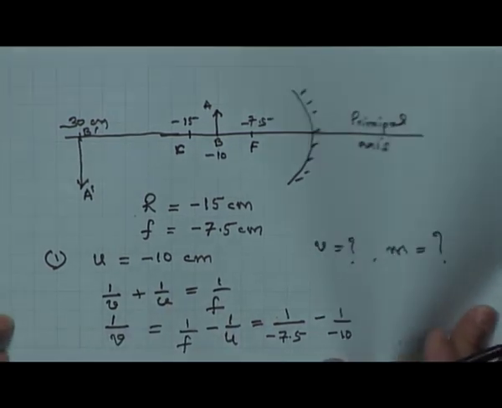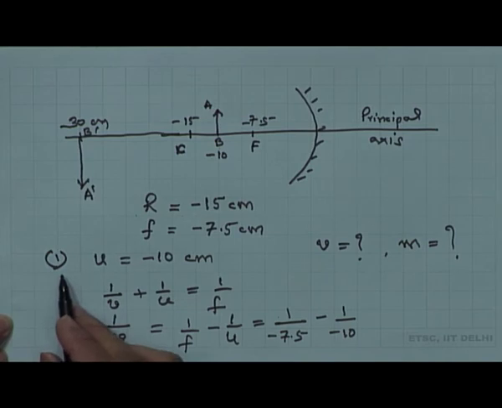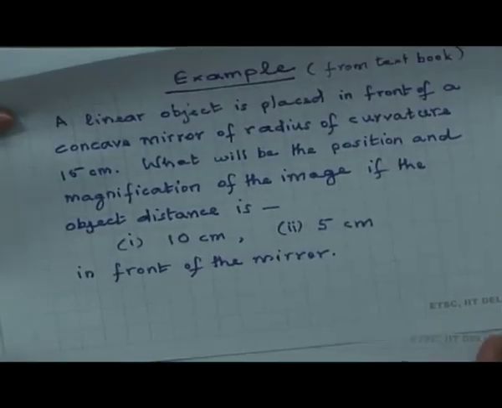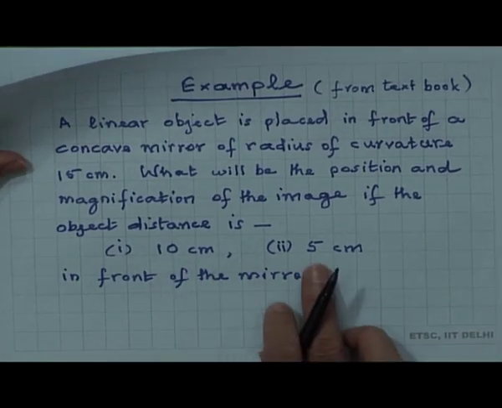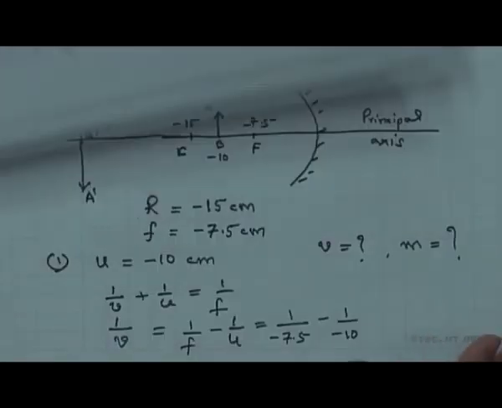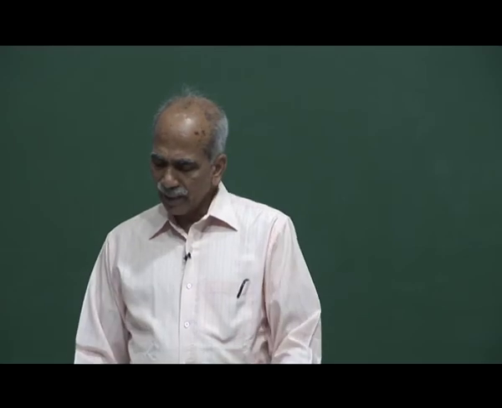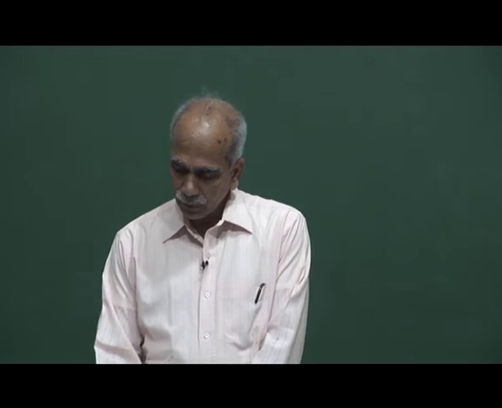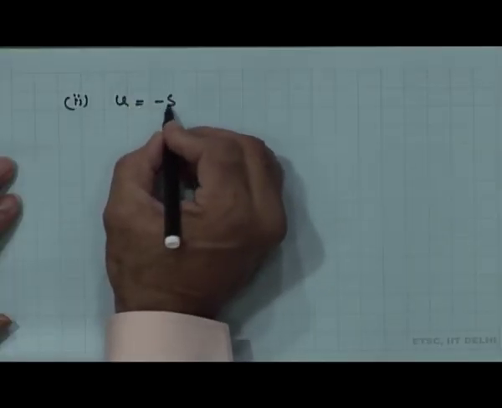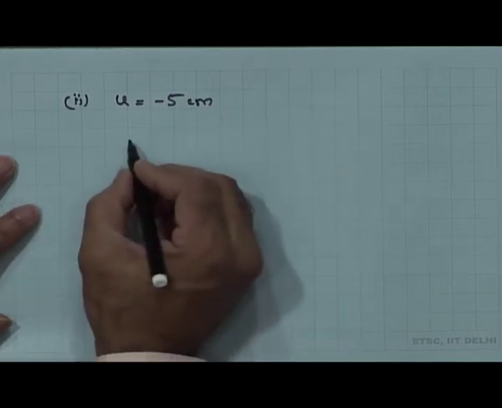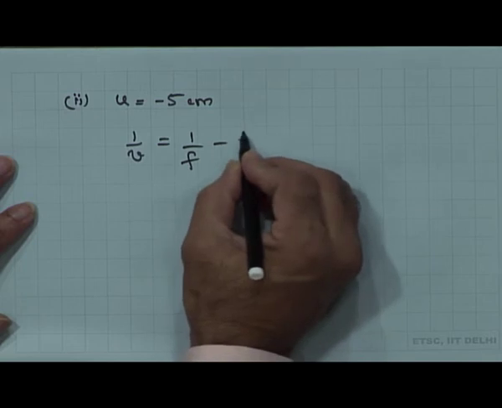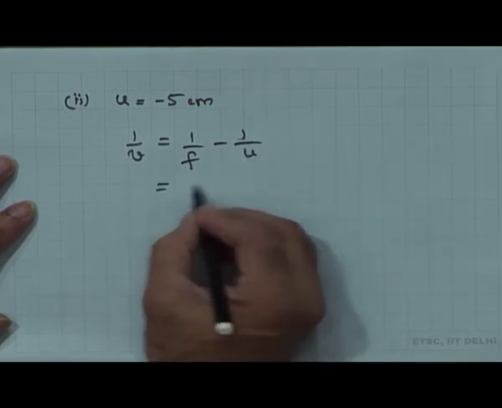Very simple example. So, the first part is for u equal to minus 10 centimeter, and the second is for 5 centimeter. So, let us take the second one, 5 centimeter, very quickly. So, second: u is equal to minus 5 centimeters. So, as before, 1 over v is equal to 1 over f minus 1 over u, which is equal to